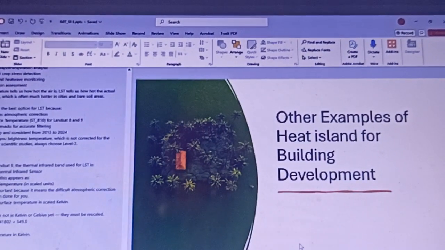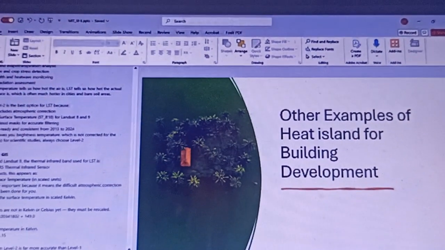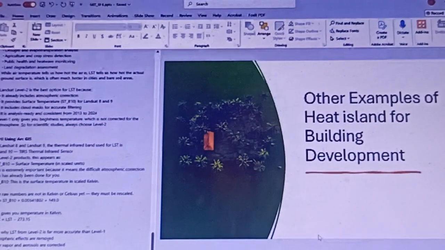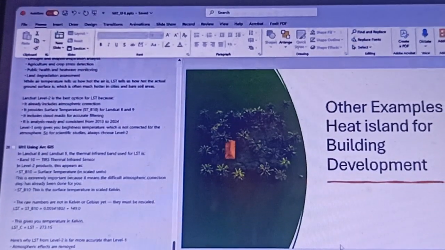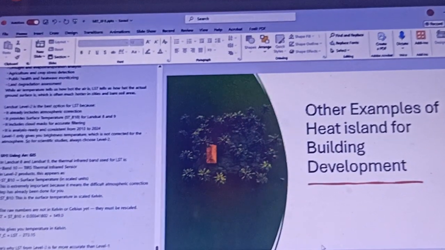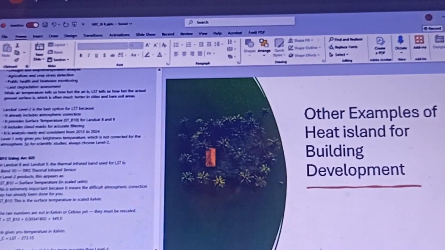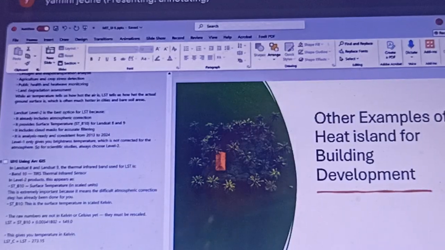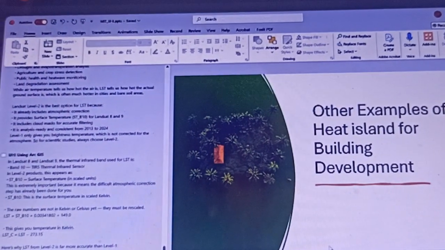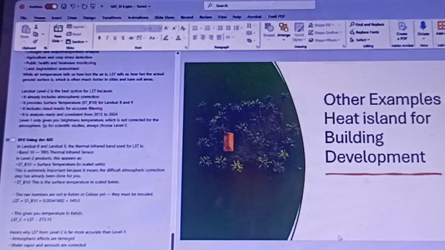Yes. So shall we go forward? Yes, please. Yes, ma'am. Actually, I'm coming to the end of the discussion. We have already discussed what exactly the heat island impact is, what the causes of heat island impact are, how we can mitigate it, and what the different strategies are that we can use to mitigate the impact of heat island. Then we have seen how the heat maps can be generated using satellite images and ArcGIS or Quantum GIS.